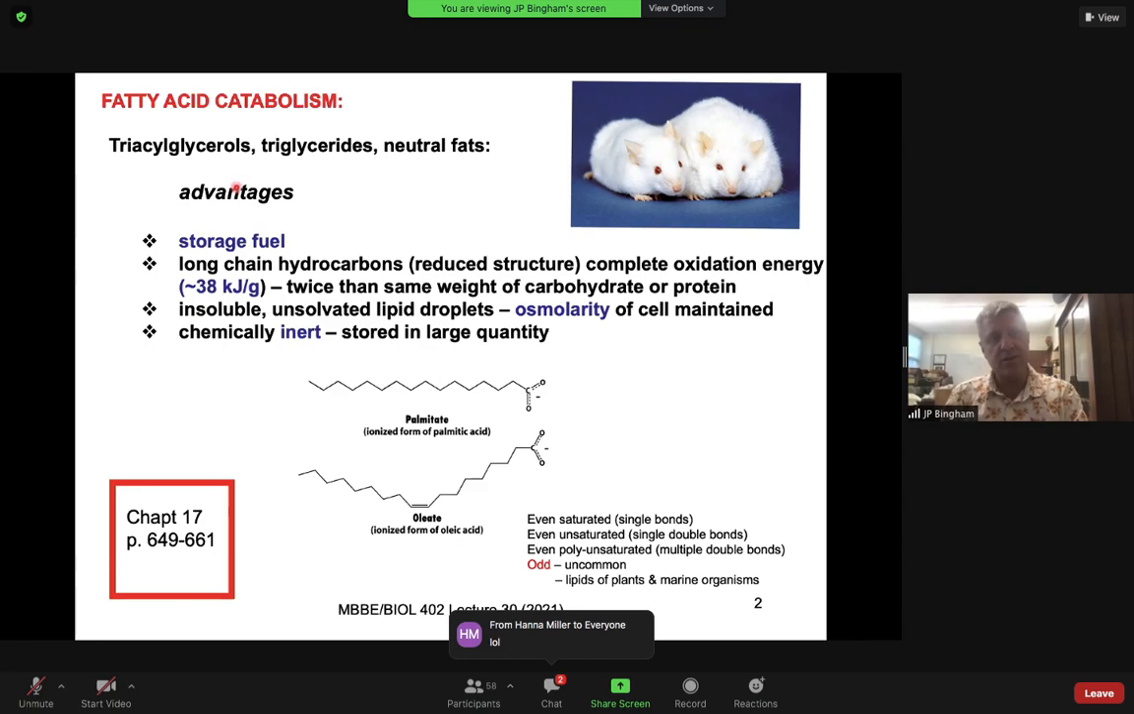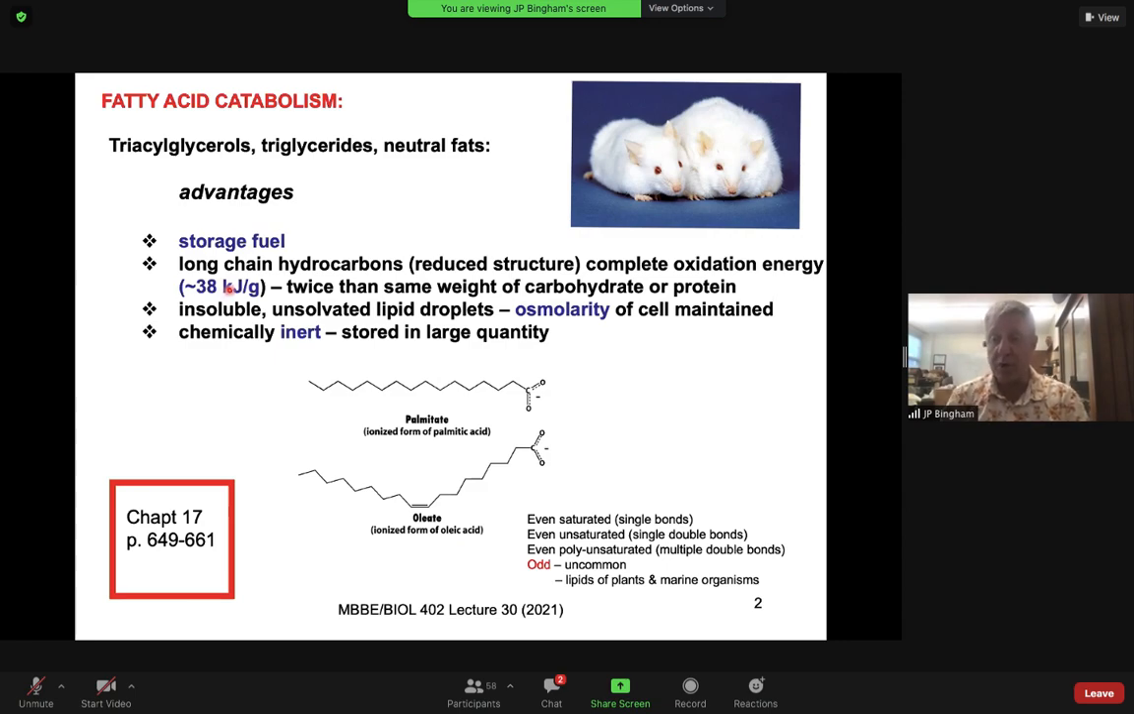So the advantage of fatty acid catabolism is mainly that it's a great fuel storage, like we saw with the sunflower seeds or the cucumber seeds, with the amount of oils they have, which they are going to rely upon to go through the process of germination. Long chain hydrocarbons, we've already been introduced to these. They're highly reduced structures, but we can go through a complete oxidation of these and get enormous amounts of energy,